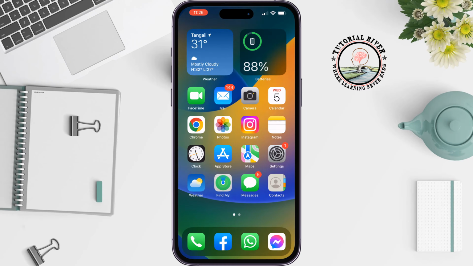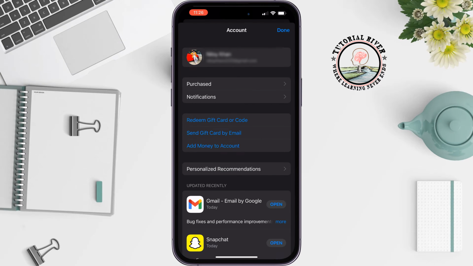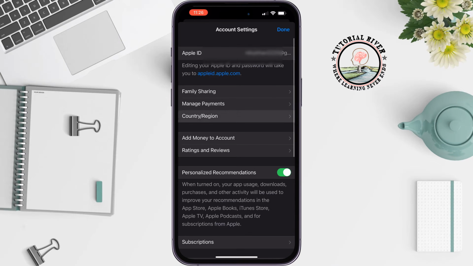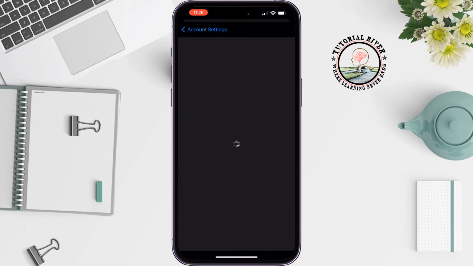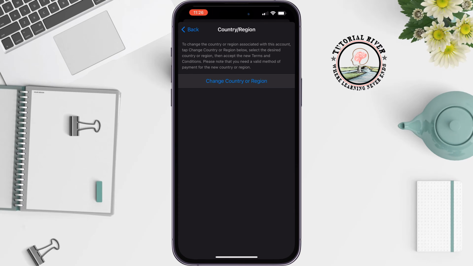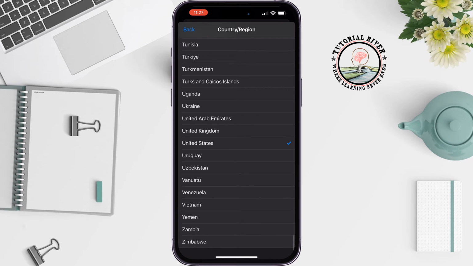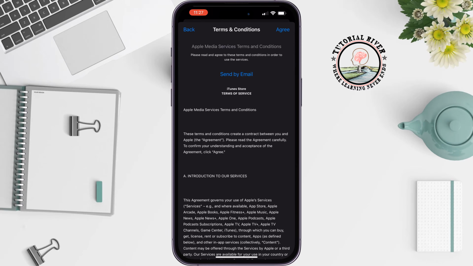First of all, open your App Store, tap on your profile photo at the top right, tap on your account, tap on country, region, tap on change country or region, and scroll down and you have to select here United States. Tap on agree at the top right